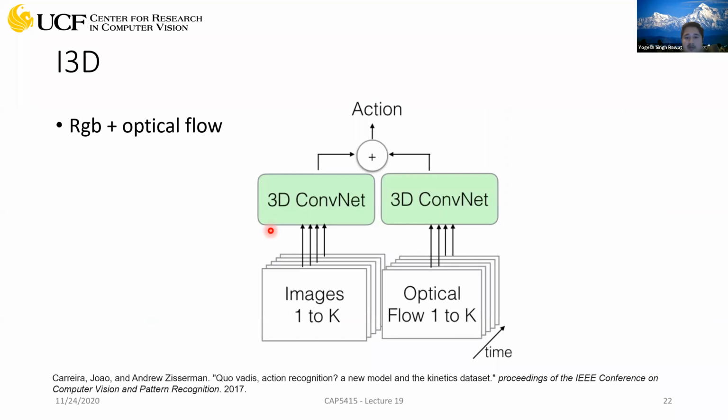The other interesting experiment they did is they tried to combine both RGB as well as optical flow and see if they can further improve the performance. And it was found that both RGB and optical flow are giving you complementary information, which is intuitive as well, because optical flow is only telling you how the objects are moving in your video, right? And that's sufficient to determine what action is being performed.